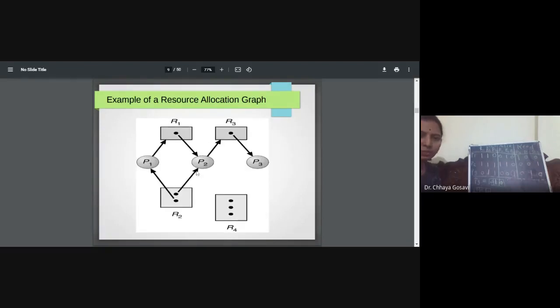In this case, the total resources are one of type R1, then two resources of type R2 and one resource of type R3. And allocated is 1, 2, 1. Already allocated all the resources.